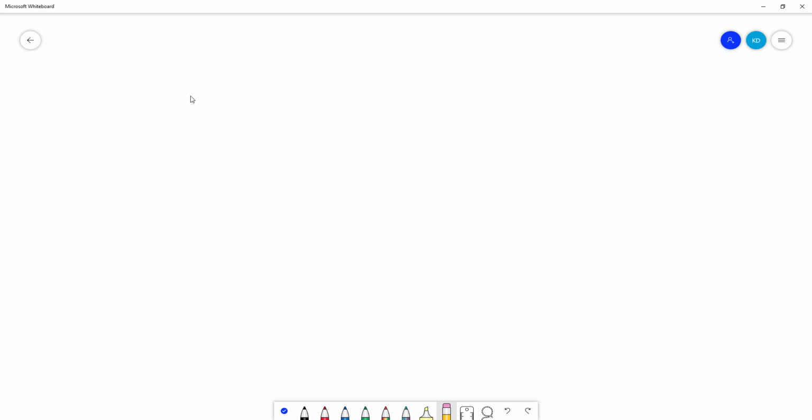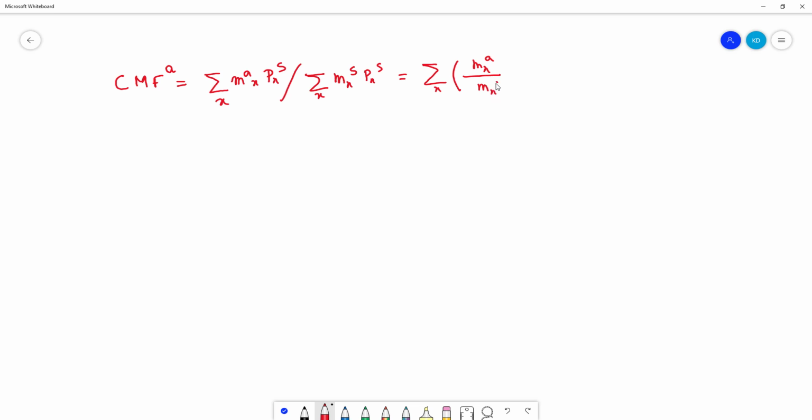In some studies, one uses the ratio of STDR A and CDR A as an index of mortality called the comparative mortality factor. Suppose for region A, this is nothing but a sum over x, all age groups, this whole divided by